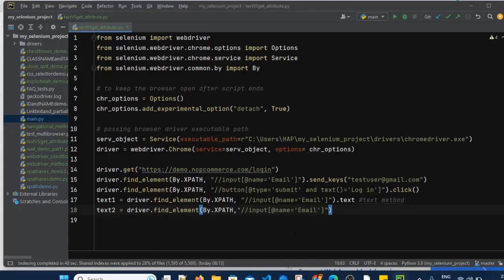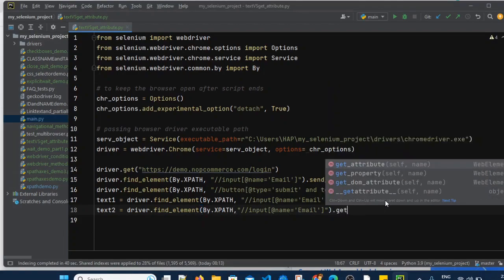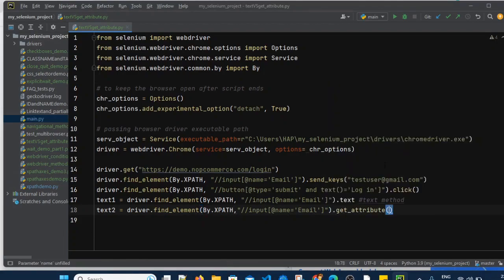Let's go to PyCharm. Here we have to use dot get attribute method, and in that we have to pass the attribute name. So value is the attribute name and it should return the value. Now we have used the get attribute method and passed the name of the attribute, that is value. Now let's execute this file. But before that, let's print